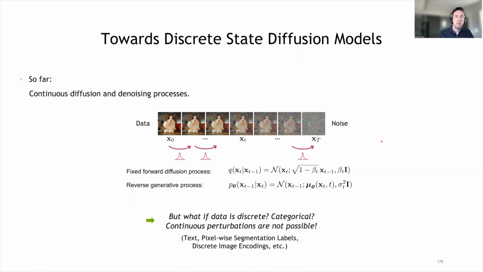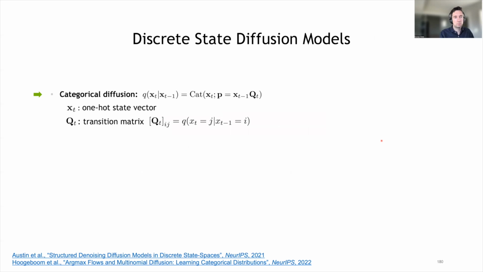Imagine, for instance, our data is text data, or pixel-wise segmentation labels, or discrete image encodings. Then, if our data is discrete, adding Gaussian continuous noise to it doesn't really make much sense. So, can we also generalize this diffusion concept to discrete state situations? In fact, there are categorical diffusion models, and in those cases, the forward diffusion process, or the perturbation, is defined using categorical